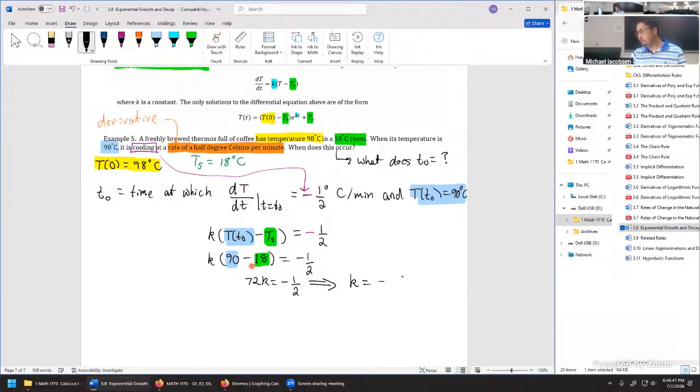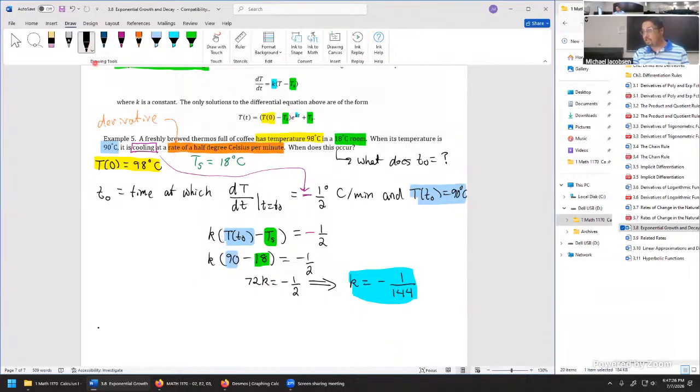we get that K equals -1/144. So that's our decay rate K. Now that we have the value for K right here, we have an initial value, 98 degrees Celsius. We can now plug together this entire model. We couldn't do that at the very first step because the decay rate, K itself, was unknown. But using the information about the derivative supplied at time T naught, it allows us to solve for K.